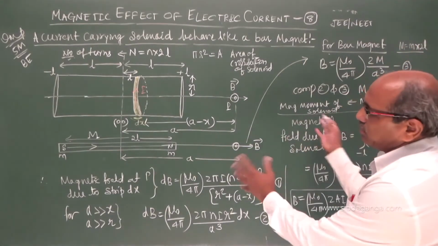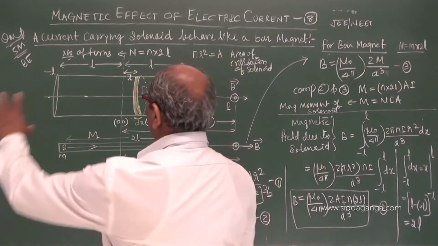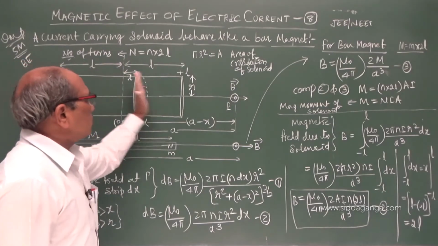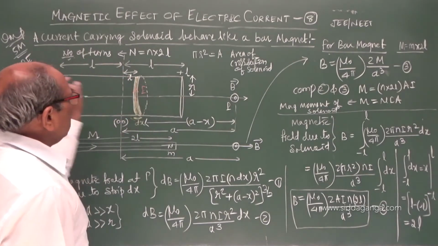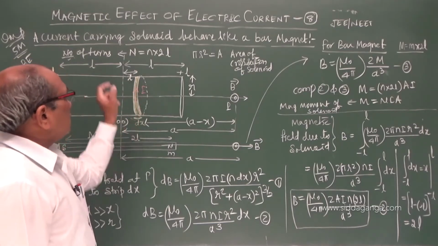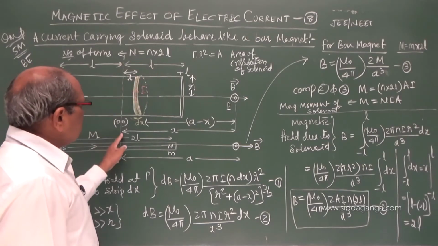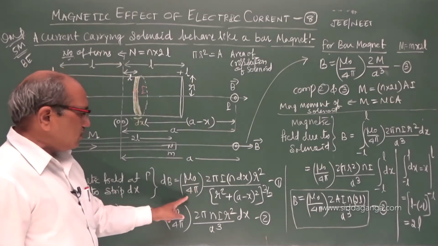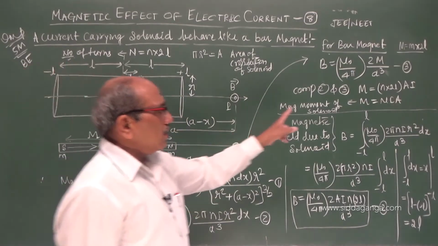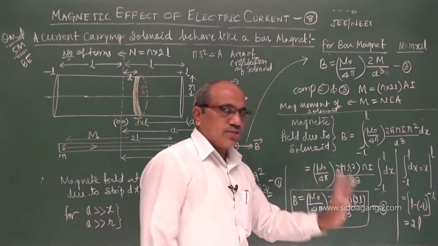You have to write it, no space here. I am saying in words that we started by taking a long solenoid of length 2L, center is 0, towards right plus L, minus L, a small circular coil we considered of thickness dx, number of turns per unit length is n. At a distance a from that, we got the equation. As a is very large compared to x and r, we wrote it, and integration we made. After integration, we got some equation.